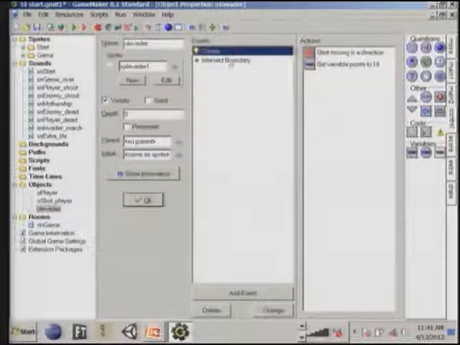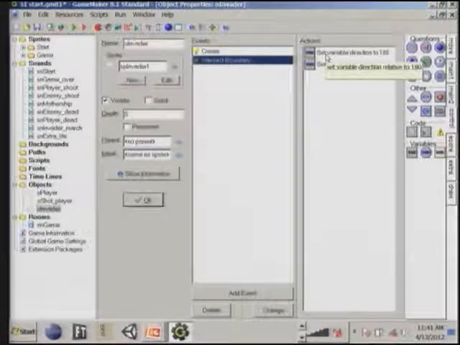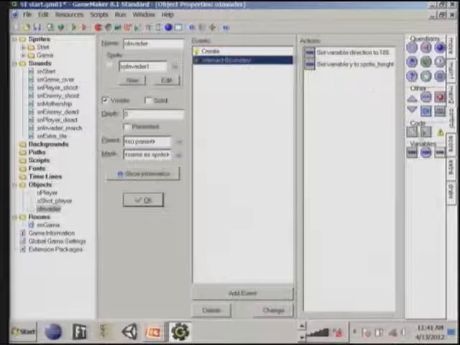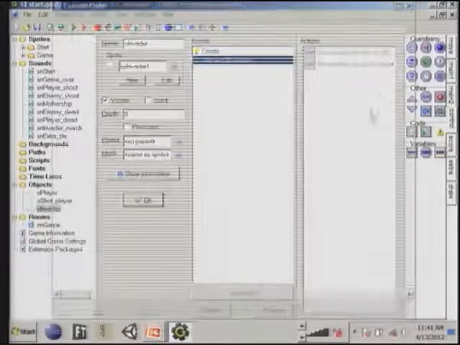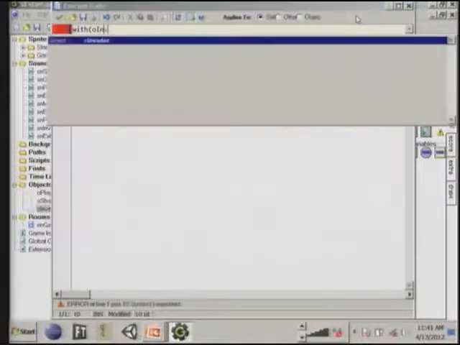So at intersect boundary, we have these two events that happen. And we really want this to happen with all of the invaders. So add this execute code action, and this will allow us to actually code the element. So with invader,